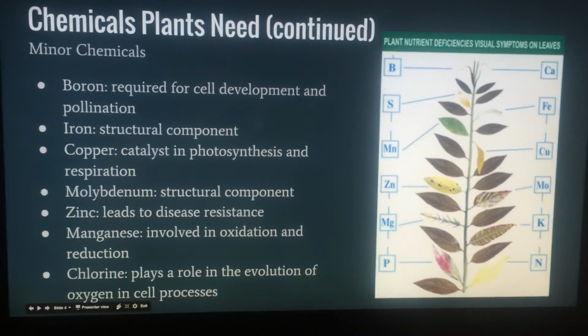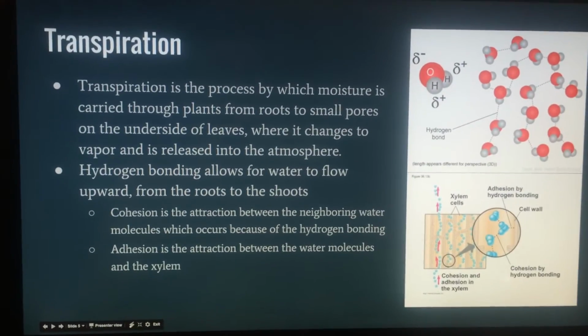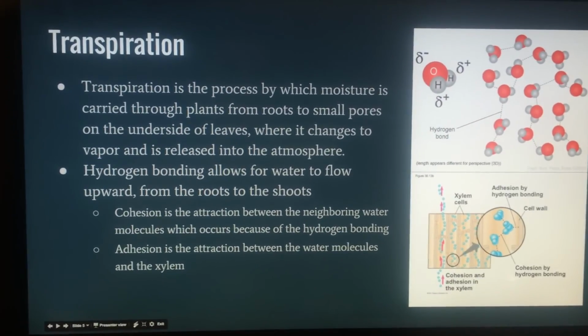Alright, so let's talk about transpiration. So transpiration is the process by which moisture